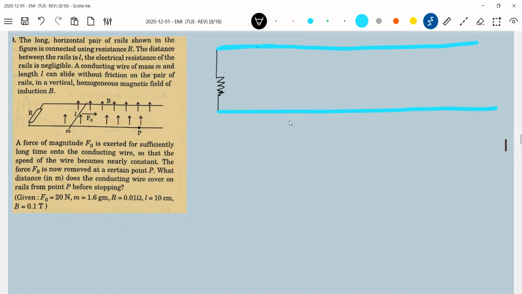This rod is at rest. I'm going to apply force. Everywhere B is out of the plane, it is understood. So I'll apply force. What is the state of the rod? It is at rest. So what will happen now? As you start pulling it, it will accelerate from rest. Then after some time,